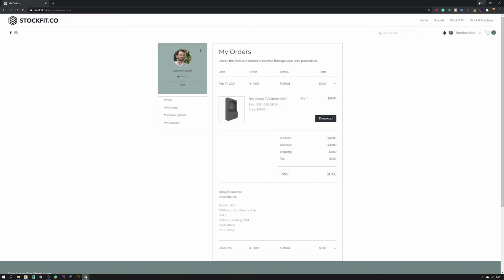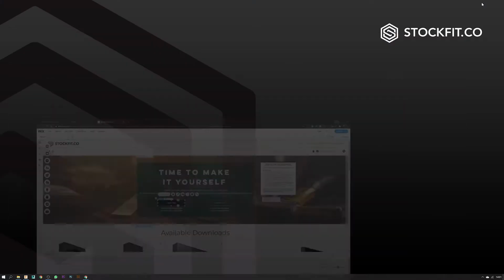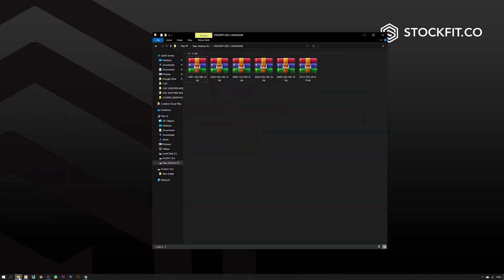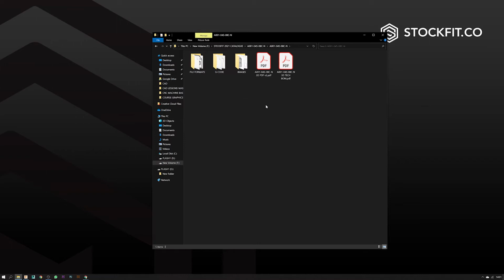So now, just for the purpose of the exercise, I'll show you what that looks like. If you download the file, you'll have a zip or a zip archive type of a WinRAR file. You can simply extract that to a folder name, and then you'll have the folder with all the content in it. Now in this file folder, you will have a couple of different things. You'll have the file formats folder, the G-code folder, a couple of images, a 3D PDF, and a bill of